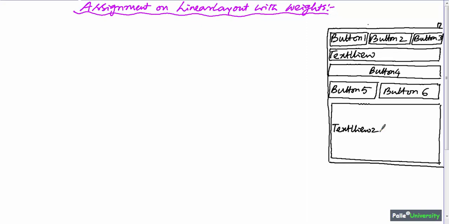Now, in this session, we will do an assignment based on linear layouts, that is nested linear layouts with weights. First, let me draw the screen design. The screen design will look like this, where in the first row I have 3 buttons, in the second row I have one text view, third row contains a button, fourth row contains 2 buttons, and the fifth row contains a text view.